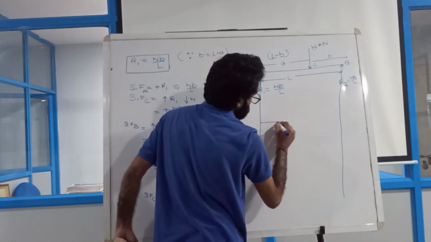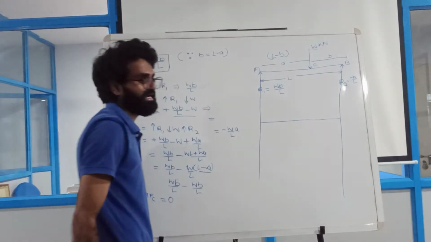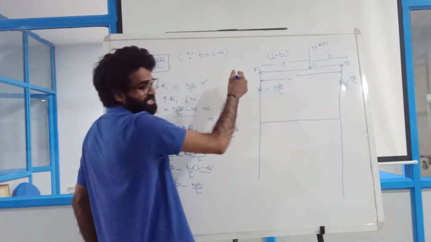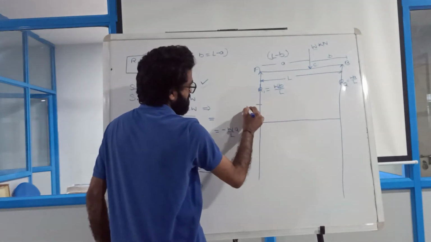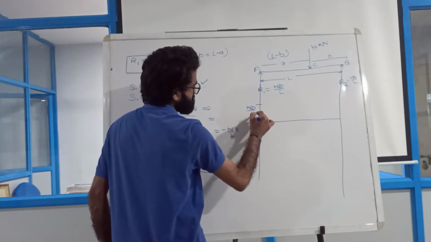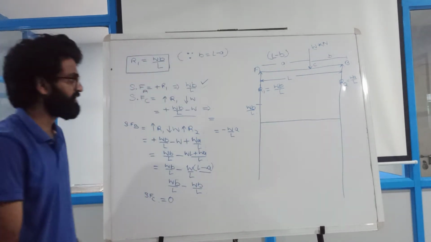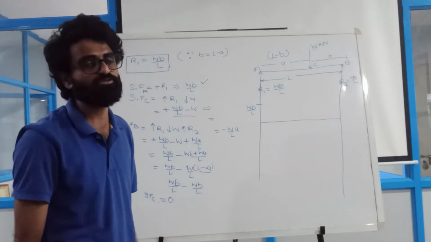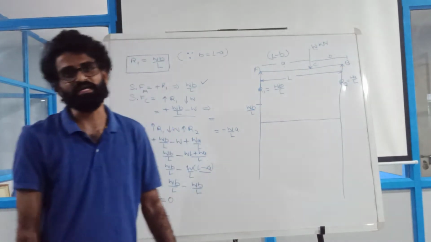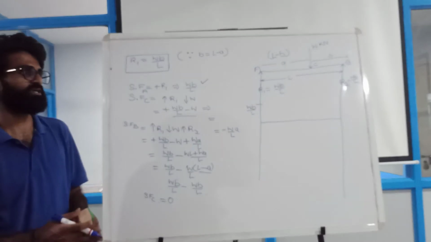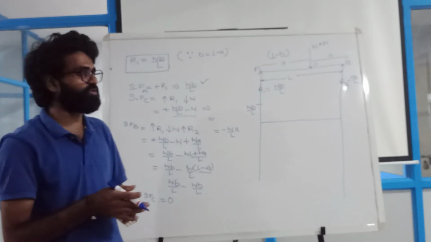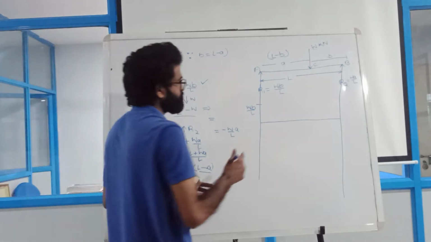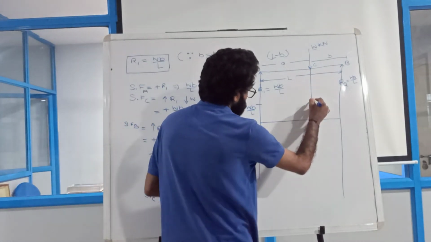First of all, what is my shear force at A? My shear force at A is WB by L. It means it is positive. So upward side I can write here WB by L. This is my shear force at A. Now you can see from here to here there is no particular force applying. So you all know the rule that if there is no force applying between 2 points in shear force, then the diagram is going to be a constant line. So up to here I am going to take a constant line.